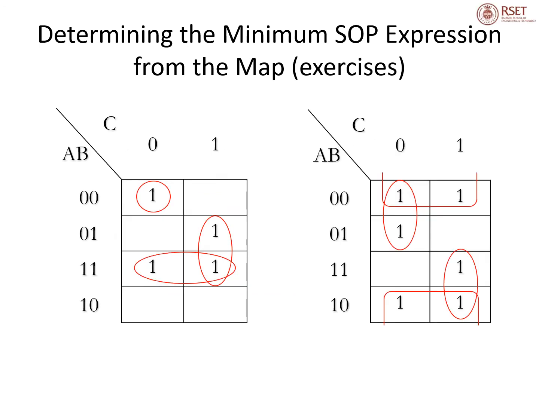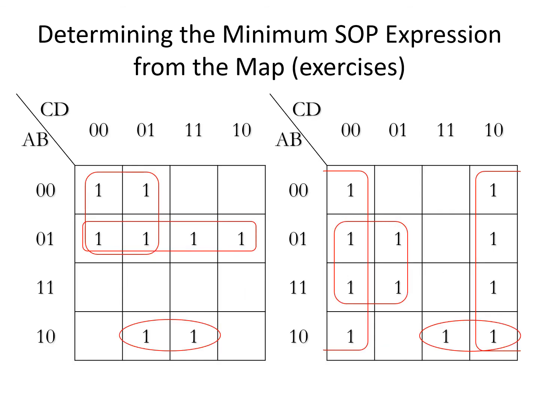Now, as you could see in the previous example, you can try this as an exercise. We are going to get this as the result: AB plus BC plus A bar B bar C, as you have 3 groups. Similarly, for the second also we have 3 groups. Now, determining the minimum SOP expression, another exercise. This is the K-map which we have already seen. So, we have 3 terms for the first one and again 3 terms for the next one.